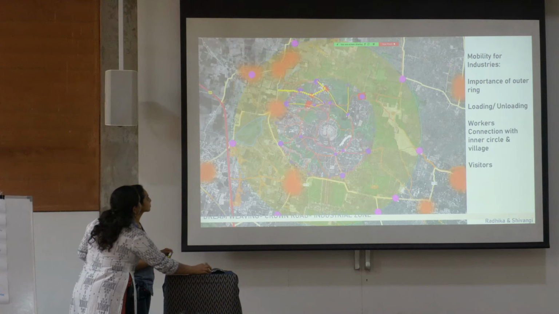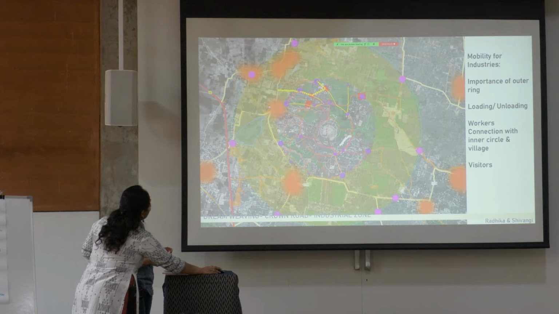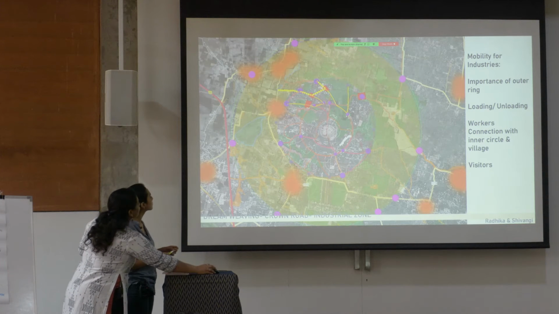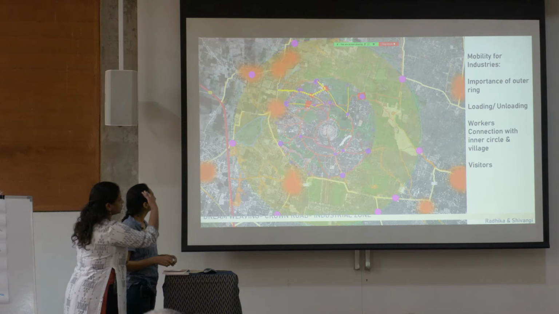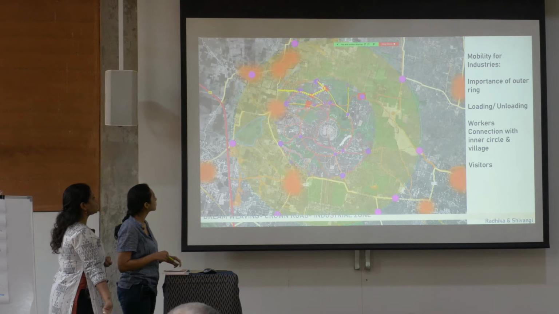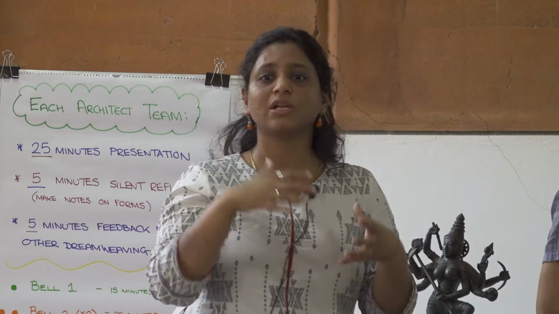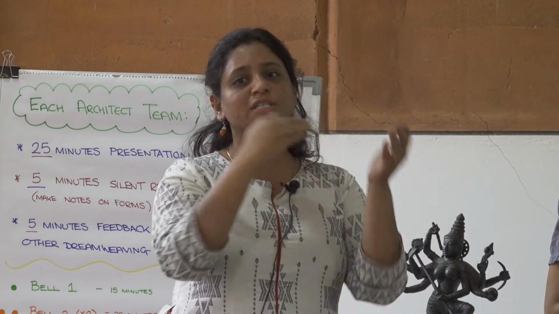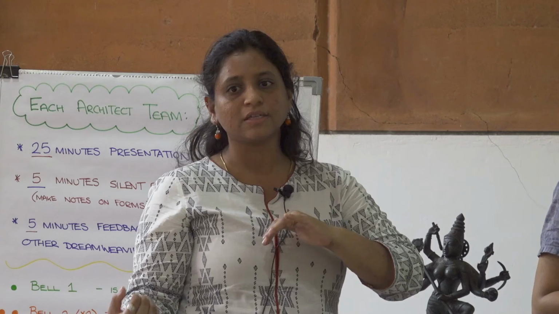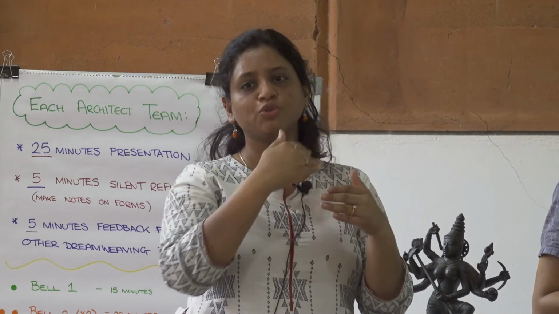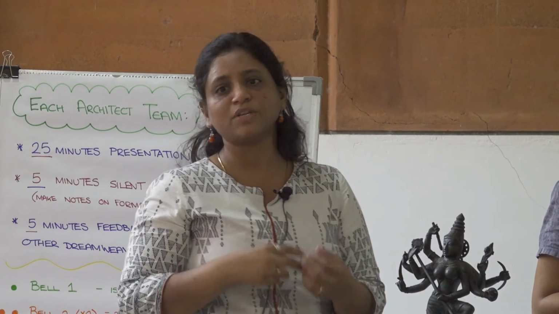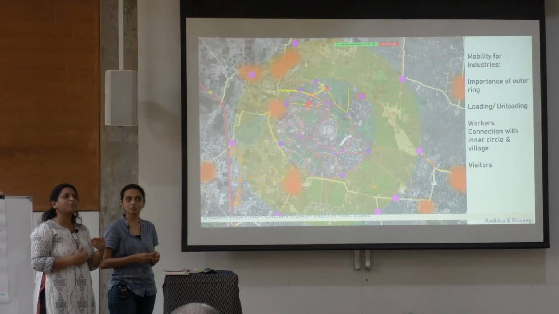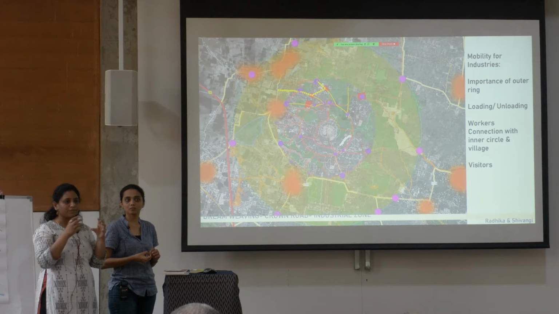It's not just the loop, not just the road, but really these kinds of spaces, like for example this radial that we already have part of built from Kotakarai coming all the way to the crown and eventually connecting to the admin zone. If there is a little space before that which allows parking, which allows you to transition from one mode of transport to another, it would really help us transition, like Fabian was also mentioning. In 10 years we should look at how we can move from motorized traffic to more eco-friendly ways, and if we create spaces like that, we would be able to make that transition.